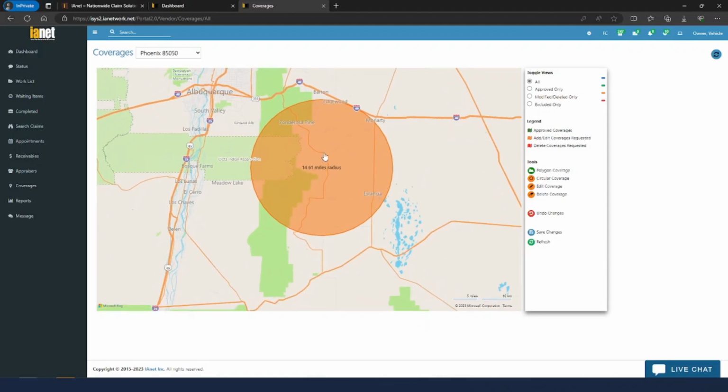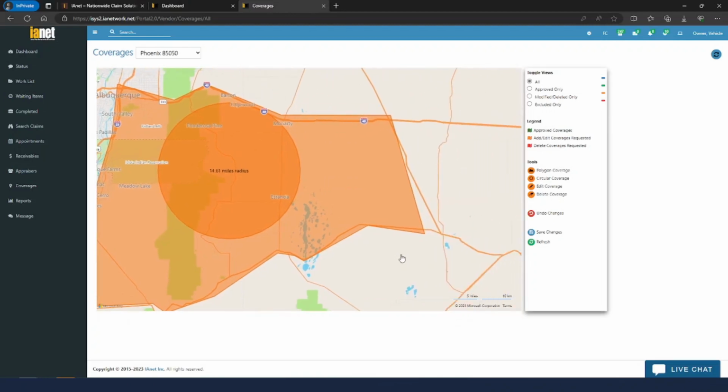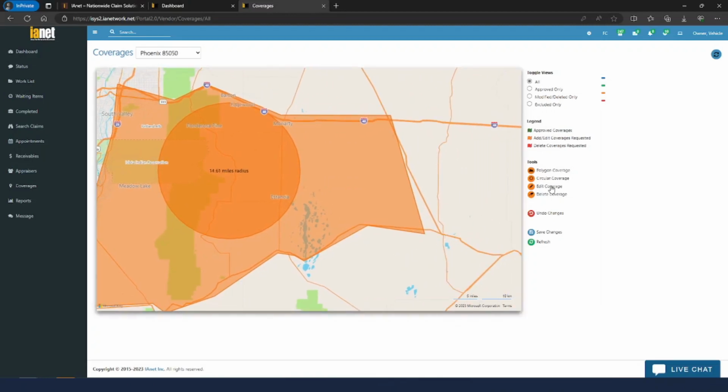So let's say instead of just a circle, I want to do this area inside the 40, the 25, in this area. So I can click to create a point, and it'll give me a line. So I can do that, and then do that. I can kind of follow the highway this way, come over here, down here, over here. So I'm going to go all the way around here, up here, and then when you right click, it'll take you off that point. So let's say I actually did want to include this little area over here. So you can hit